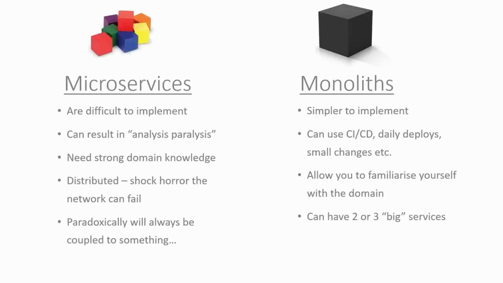And you can still have 2 or 3 big services. This is kind of like a hybrid type approach, I suppose. You might not have microservices where you've got tens or even hundreds of services. You may end up with just 2 or 3 big, maybe not services, but 2 or 3 big applications that each don't do just one thing, but take care of a bunch of stuff that's kind of similar. So it's a kind of halfway house sort of approach, and that may work well for some people.